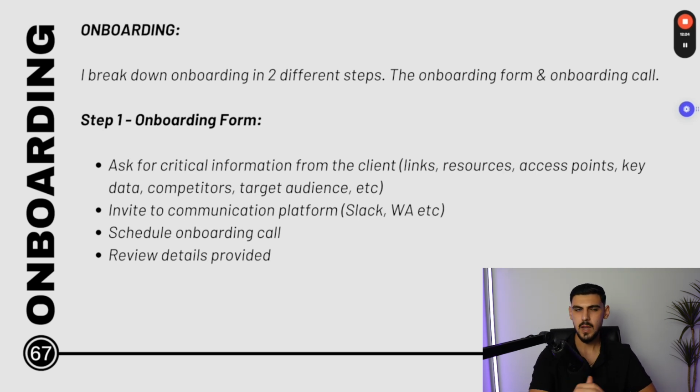And I personally break down our onboarding process into 2 different steps. We have the onboarding form and then we have the onboarding call. So the very first step is the onboarding form. The moment they close, I send them the contract, they sign it, money's in, then it's time for them to